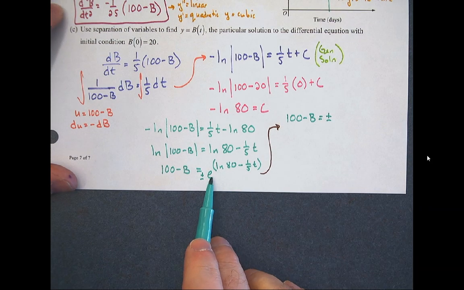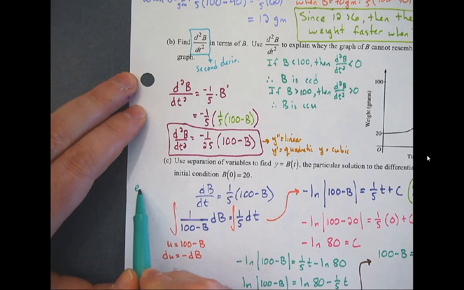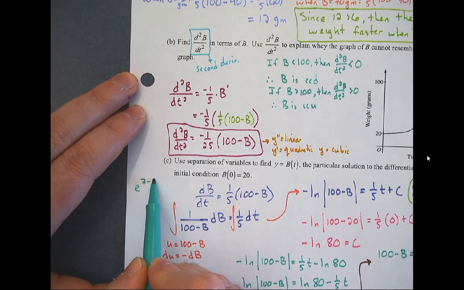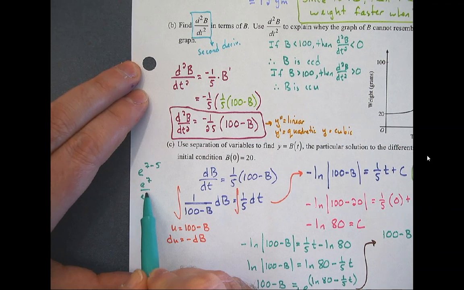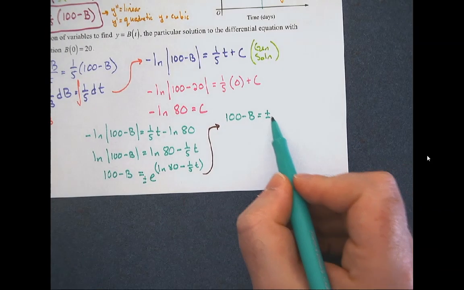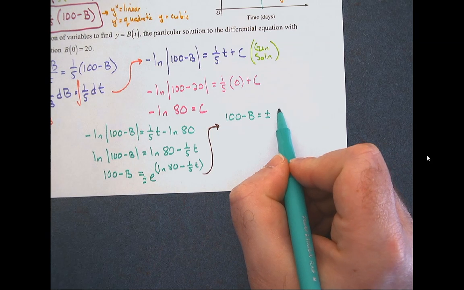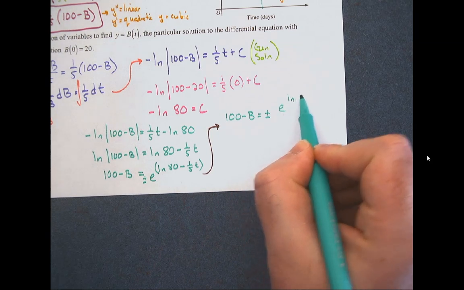Okay, so when you got e to the something, subtract something else, that's like saying e to the 7th minus 5. That's the same as e to the 7th over e to the 5th. So I can now break this up into e to the natural log of 80